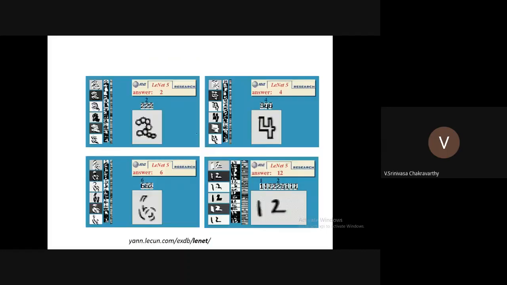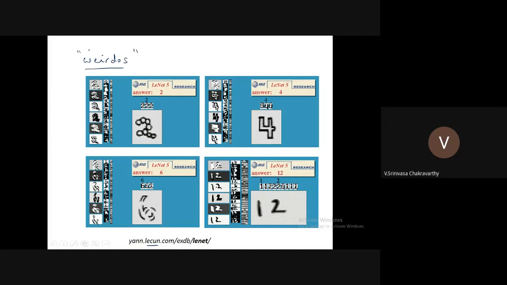So when they trained this network on the digit data, they were really surprised. This was done by LeCun and his team, and they were really surprised because it was able to generalize brilliantly. So initially they trained the network on standard handwritten numerals, and you can look at this website given at the bottom of the slide, and there is a link in the website to what is called